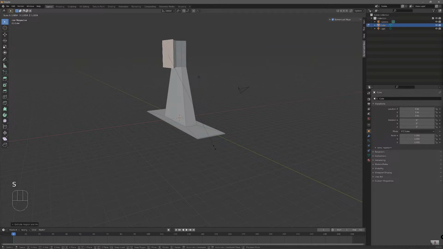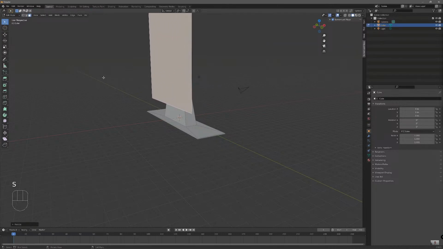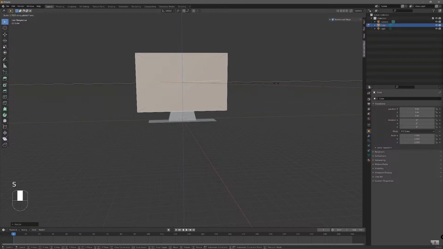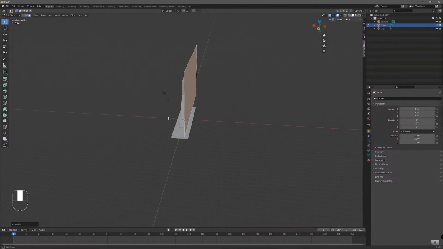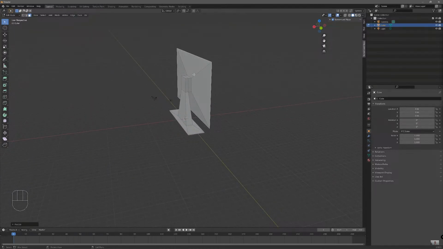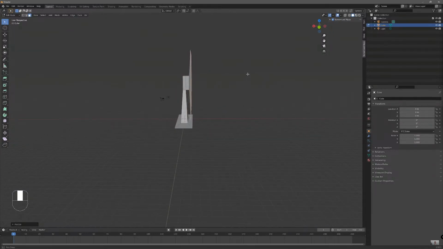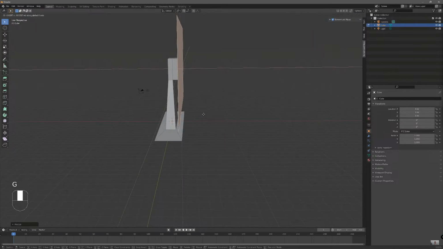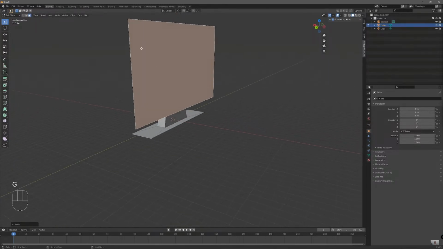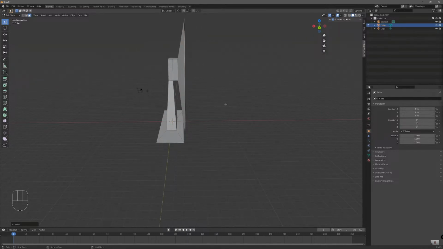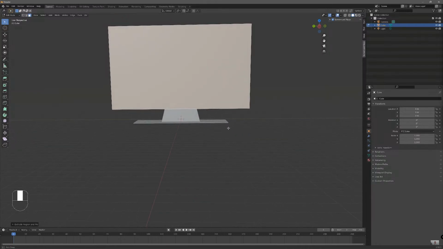Then what I'm going to do is I'm going to scale this. So it's not looking much like a TV at the moment, so I'm going to scale it outwards. And then we can place that there. Now you've noticed you can see these lines right here. This means that the vertices is intercepting here. So the way that we can solve this is we can either pull it forward and go G, and then these will disappear virtually, and then maybe extrude a little bit just to make that little part of the screen